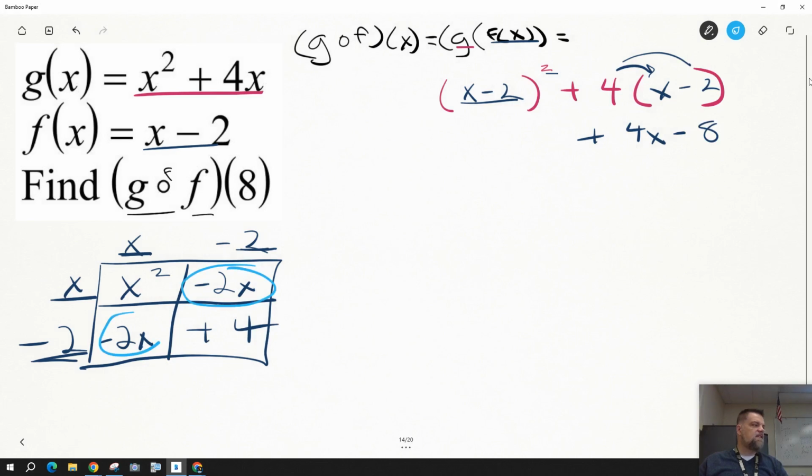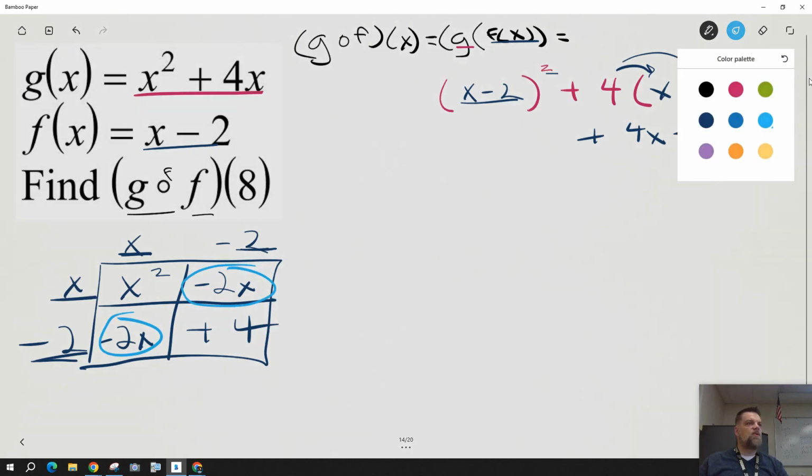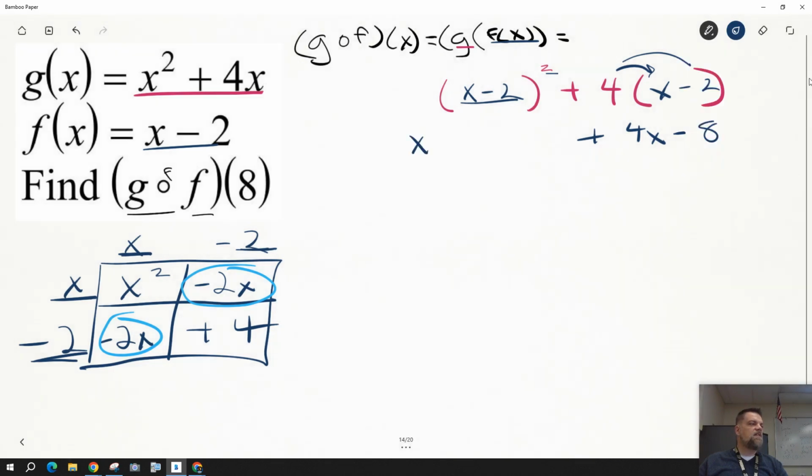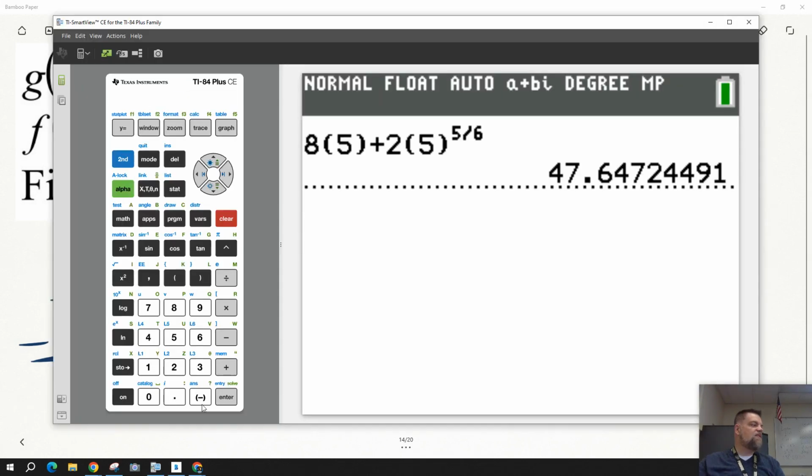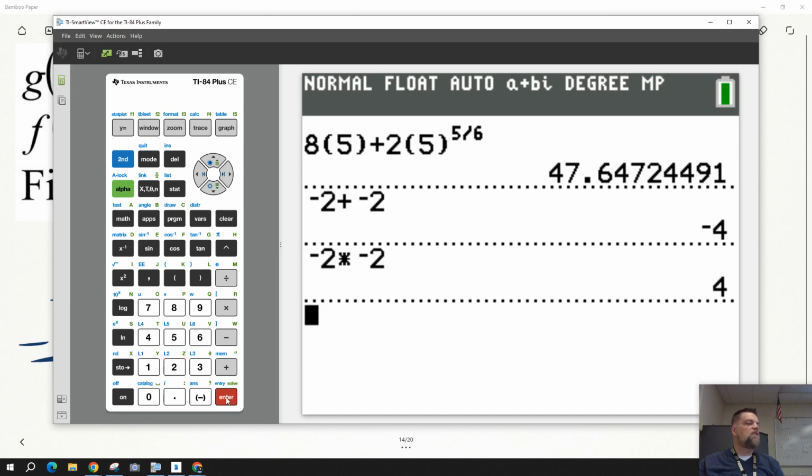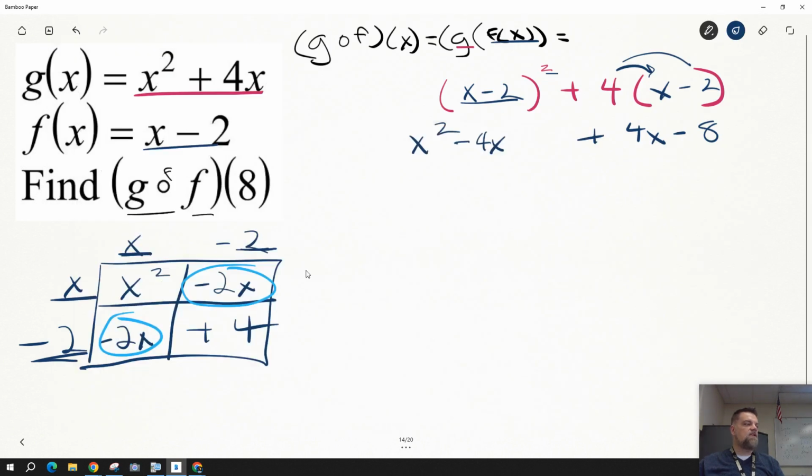This gets added to this. So when I'm done, what do I have? Well, I have x squared. What's negative 2x minus 2x? So I said, what's negative 2 plus negative 2? Negative 4. Okay? Now, some of you said it's positive 4. Well, yeah, if I was saying negative 2 times negative 2. It's easy to make that mistake, but don't make the mistake. Plug it in the calculator. So it is a negative 4x, and then we add 4. That makes a lot of sense